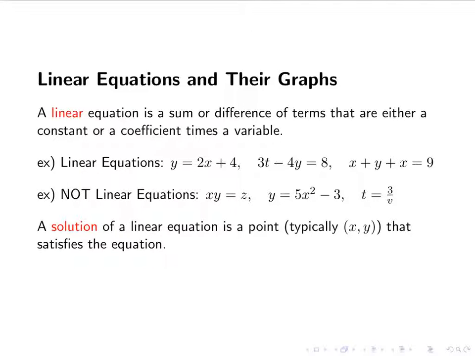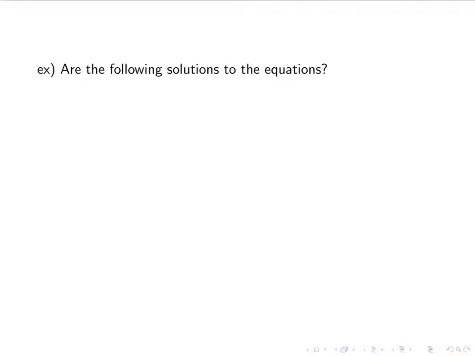A solution of a linear equation is a point, typically denoted by x comma y, but it doesn't have to be x's and y's. It can be s's and t's, u's and v's, right? It can be any variables. But it is a point, so you've got two values, an x and a y, that satisfies the equation. So we're going to do a couple examples of just answering the question, is this a